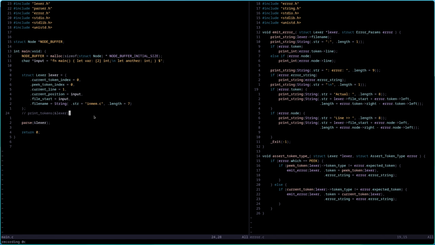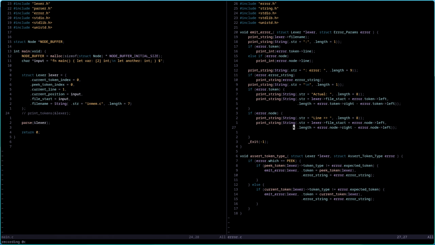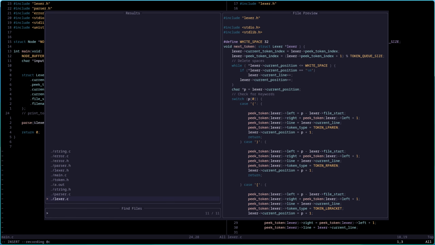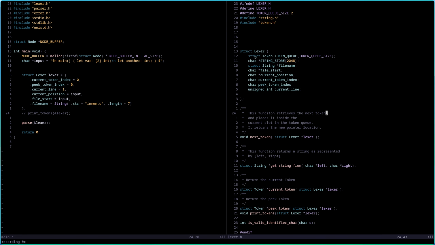So I have this lexer here. I can just show you. Oh, not this one. This one. I have a lexer. It has a bunch of stuff, and there's also some stuff that I haven't gotten to implement yet. But it will be later on. Yeah. So it has some stuff.